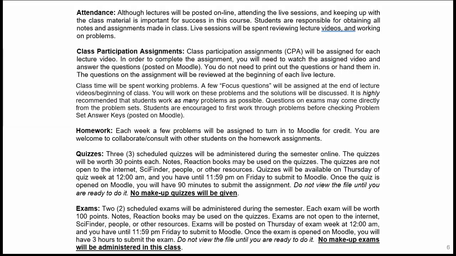Quizzes are timed. You have 90 minutes, which should be lots of time. In a typical class, I would allow 15 to 20 minutes on the quiz. So the 90 minutes is allowing for technical difficulty times. Once you open the assignment, though, you have to be ready to do it because the time does start ticking. And you have that 90 minutes to do the quiz, print it out if you need, and then submit it. And then exams, a similar format, but you have 3 hours to do your exam. Questions so far?